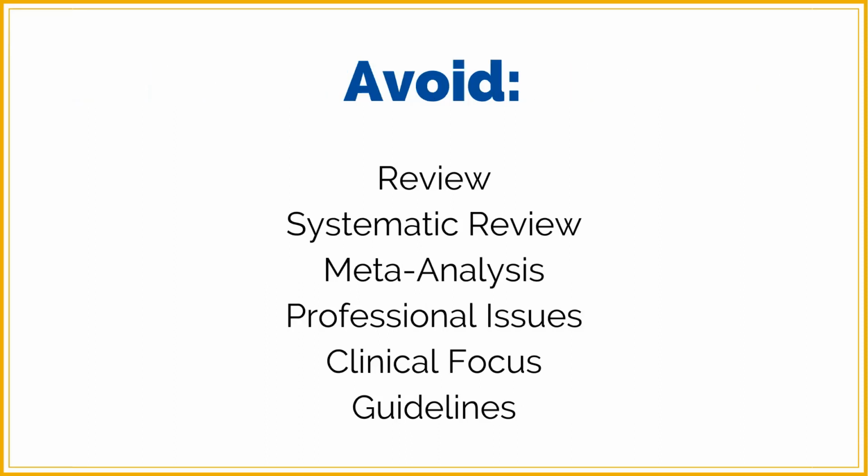Here's where it gets complicated. Some articles may have the same headings, but won't actually be research articles. You should avoid articles that say review, systematic review, or meta-analysis in the title. Methods in a systematic review may describe what criteria researchers use to search existing literature, not how an original study